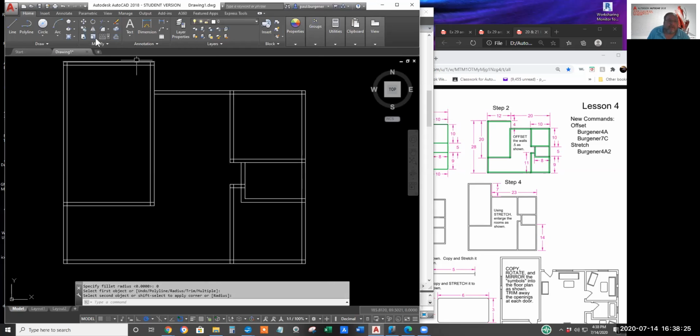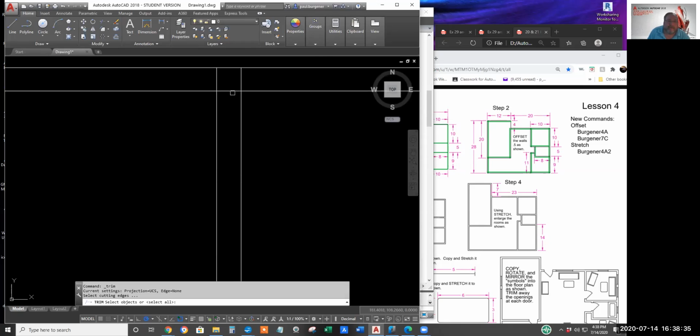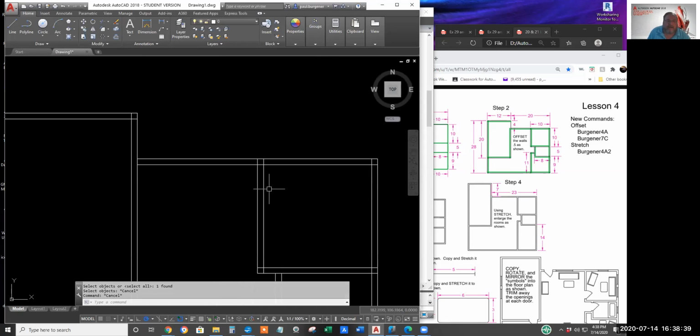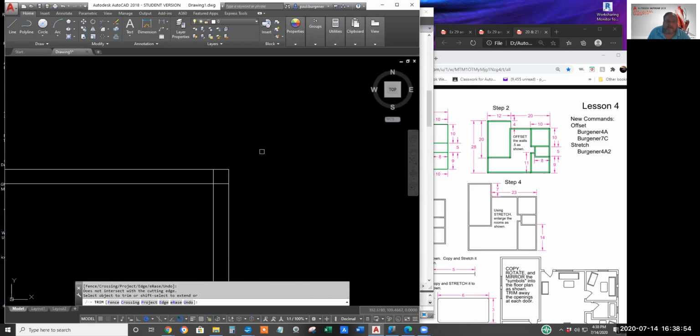The rest of them we can machine gun with the trim command. So launch trim, zoom in, and oh, I'm sorry, my bad, I forgot. Hit trim, hit enter so that everything is a cutting edge. Now zoom in and blast away all those whiskers.